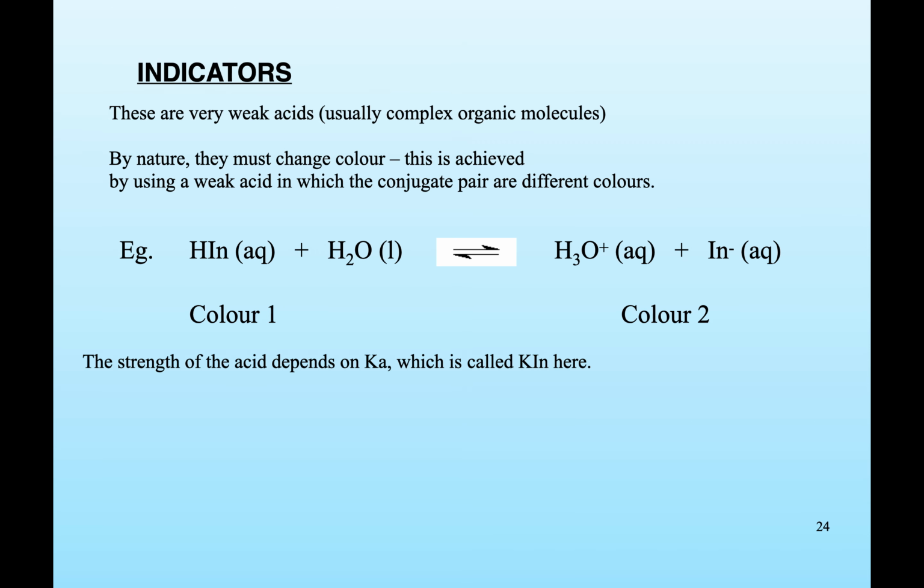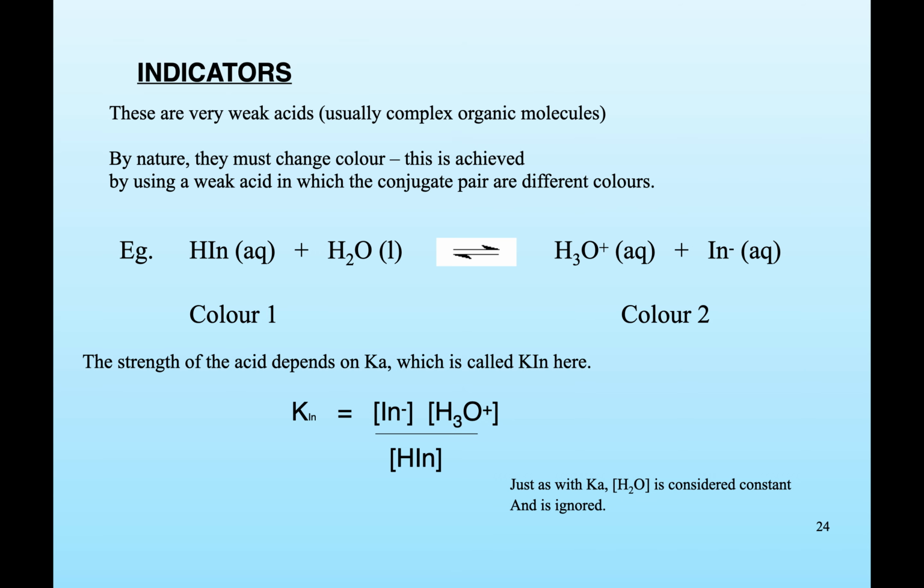So where the equilibrium lies depends on Ka, doesn't it? The greater the Ka, the further to the right. In this case, we call it K in, the dissociation constant for this particular weak acid or indicator. So we could express its K in that way, just the same as Ka, obviously, but it's specifically relating to indicators. We ignore the water term. Now, I've never seen questions on this, but it's just to show you that